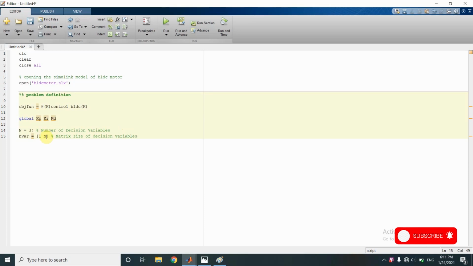So the matrix size of decision variables would be one row and three columns.